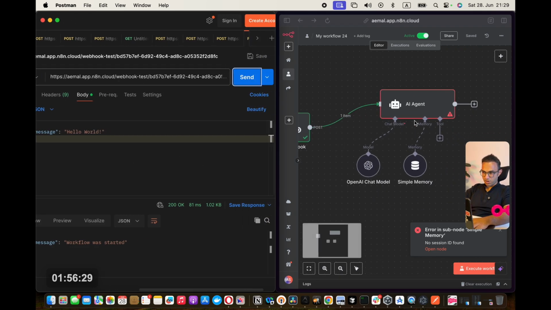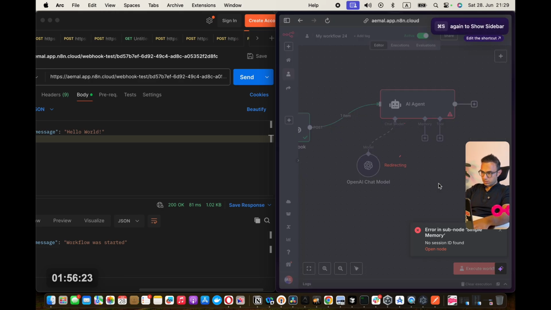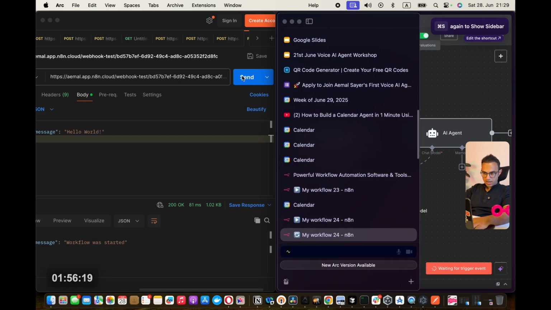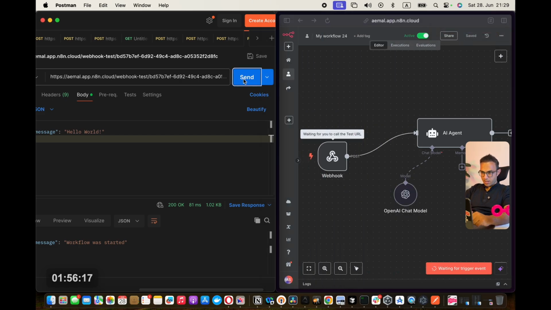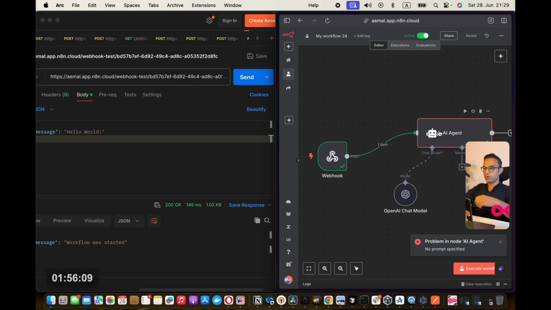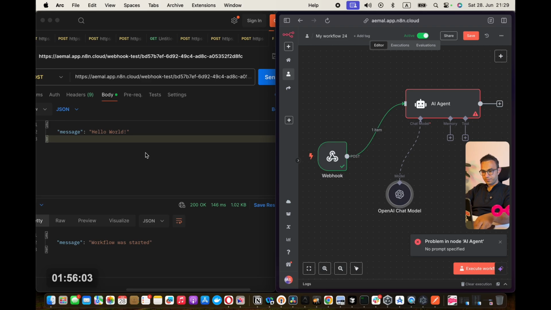It gives an error here, which is because of this simple memory. Just remove that. Save, refresh to make sure that that bug is not there. And now, last time. If I send this, you can see, we'll see the error in just a minute. I think it's the system prompt that we put earlier. We'll figure it out together so that you can see. But what you will see is a few things that happened.